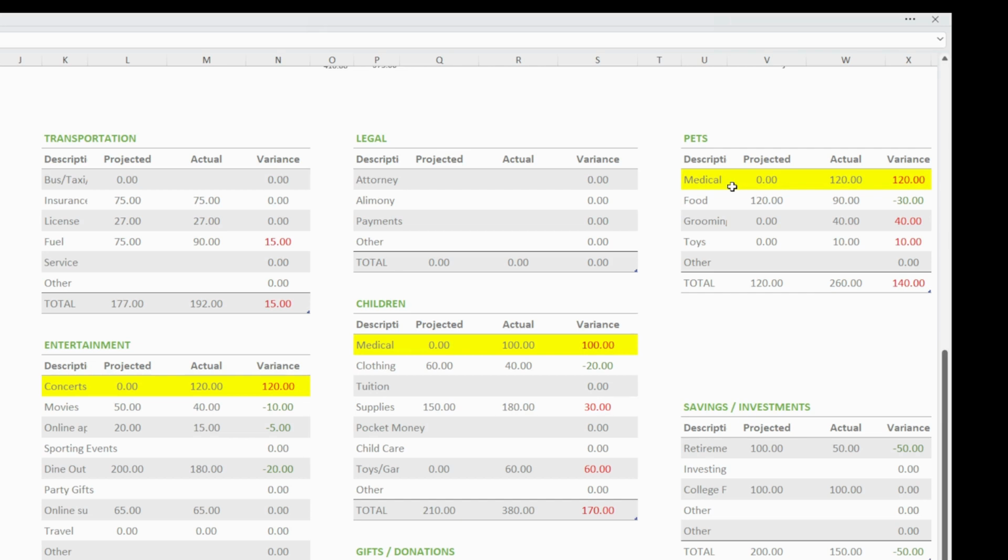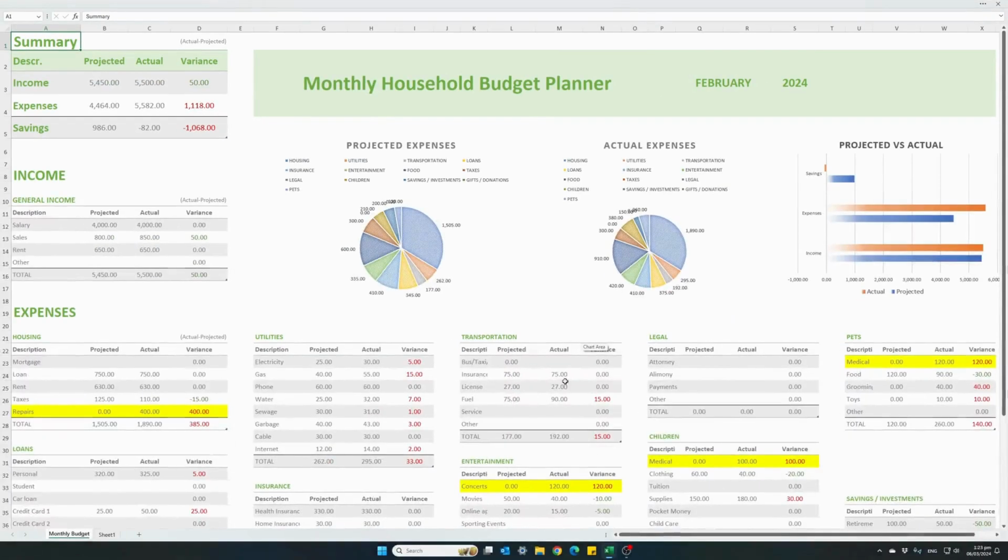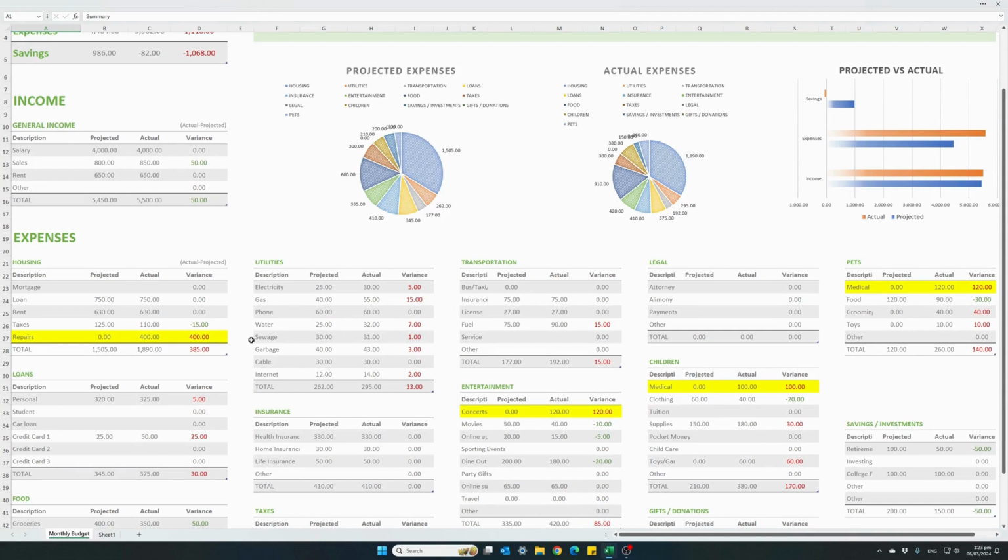Maybe next month, instead of having 0 as our estimated cost for unexpected medical expenses, we can use some amount for any unexpected occasions. Using this tool allows us to foresee how our financial situation progresses throughout the month, and maybe we can take corrective actions